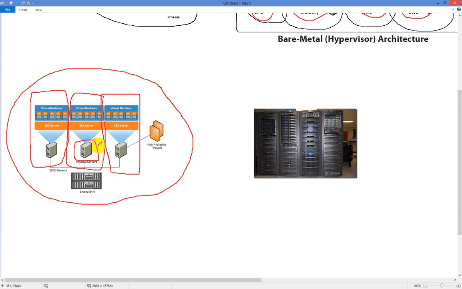A VM port group is basically going to act as a switch, and what you end up doing is you put the virtual machine's network card into a particular VM port group, and that's how they're able to talk to each other. You can have multiple virtual Ethernet network cards associated to different virtual machines. So let's say, for instance, virtual machine 1 has 3 virtual NICs, and each NIC is in a different VM port group, which means they can talk to different networks. So that's how you can split up how things operate on the back end.